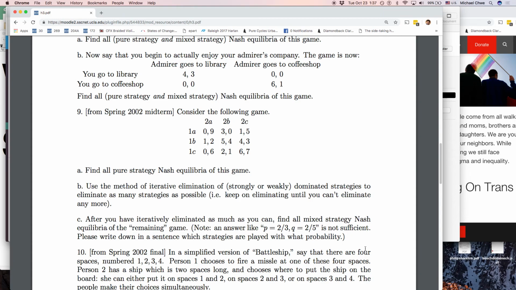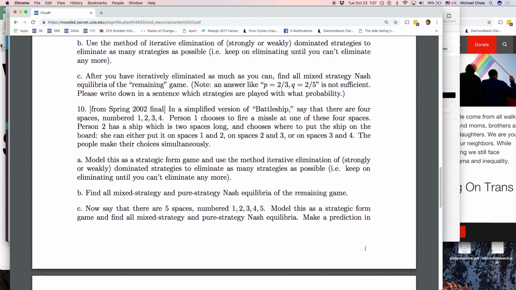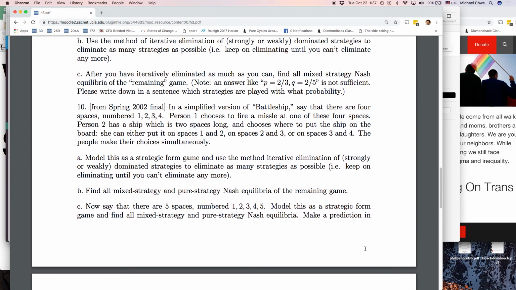I think the battleship one is like that too. With this battleship one, I think there's 4 spaces and you should be able to eliminate stuff using weak dominance. Are there instances in which it will be a 3x3, it can't be eliminated, and we have to do it? We'll try not to ask that question, but I could do it next class if you want. I don't want to rule stuff out, but there won't be something crazily difficult on the midterm. Just look at the old midterms, you'll see.